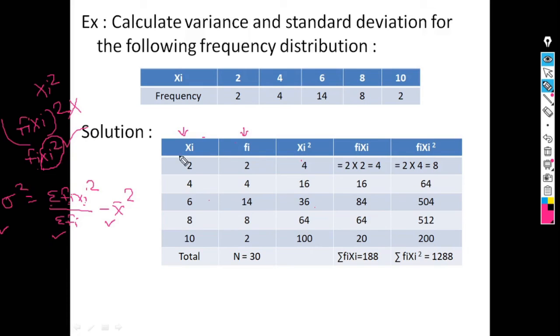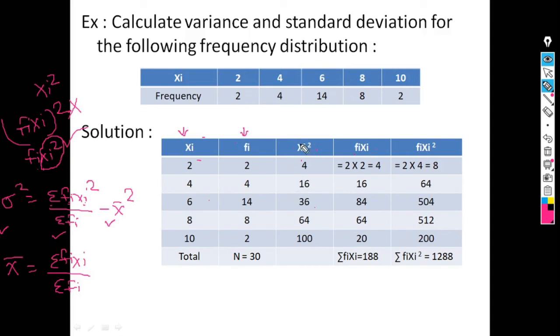So in the table our first columns are xi and fi, the next one is xi square, and the third one is fi into xi, because we have to calculate x bar, and the formula for x bar is summation of fi xi divided by summation of fi. For this we require fi into xi. And the next one, for sigma square, we require fi into xi square. So the first column is xi, the values of xi are given, we write them as they are. Then fi, these values are also given.